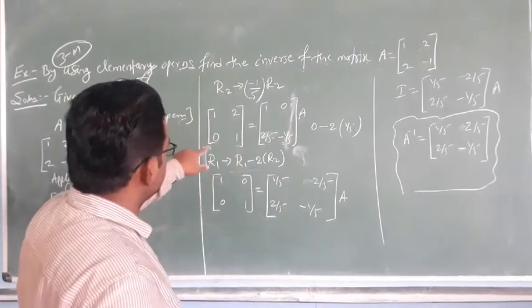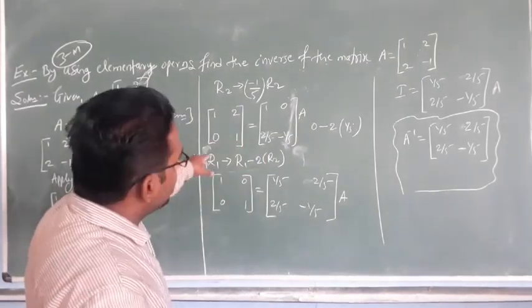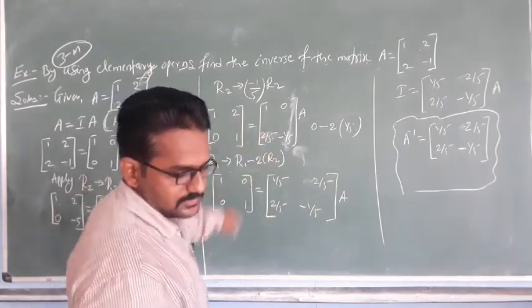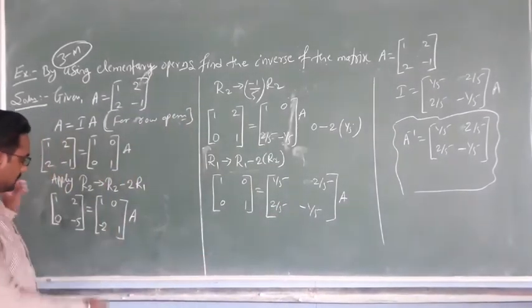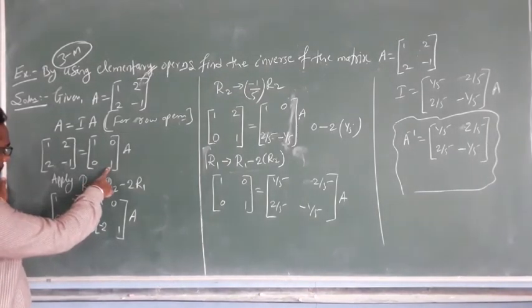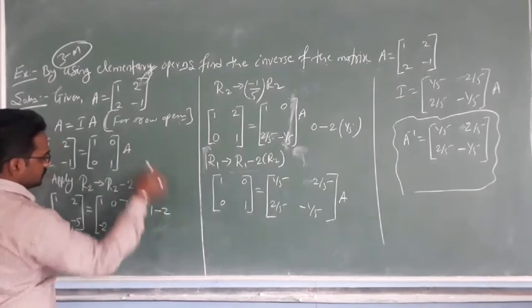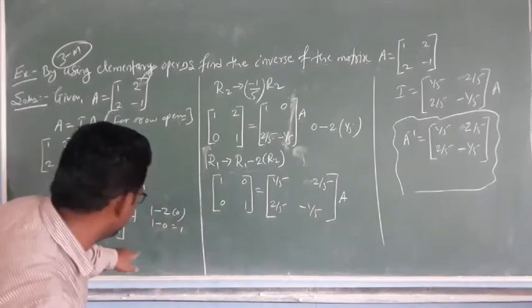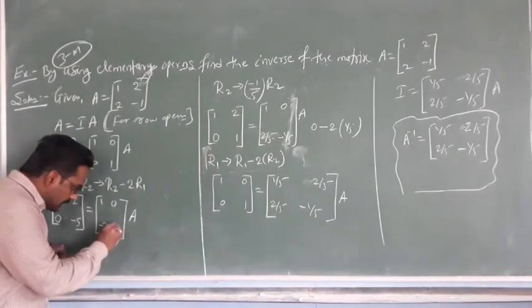Next, 1 2 0 1, 1 0 2 by. Okay, R2 changes to R2 minus 2 R1. Yes, correct. R2 changes to minus 1 by 5 R2. Yes. R1 changes to R1 minus 2 R2. Yes, correct, students. Just change the sign here. Here it is plus 1. Just check it once. R2 value, yes. 1 minus 2 into 0 is 0. So 1 minus 0 will be 1 itself. Sorry, I made a mistake here. Okay, I have corrected it. It is plus 1.